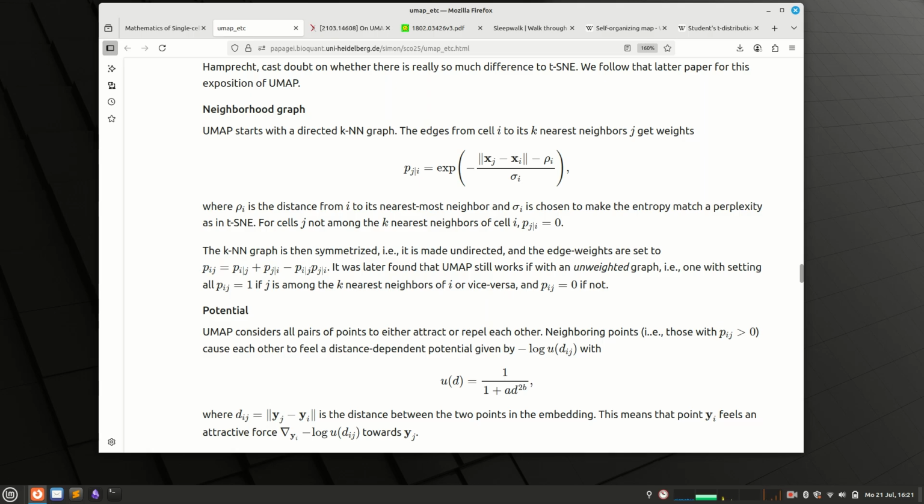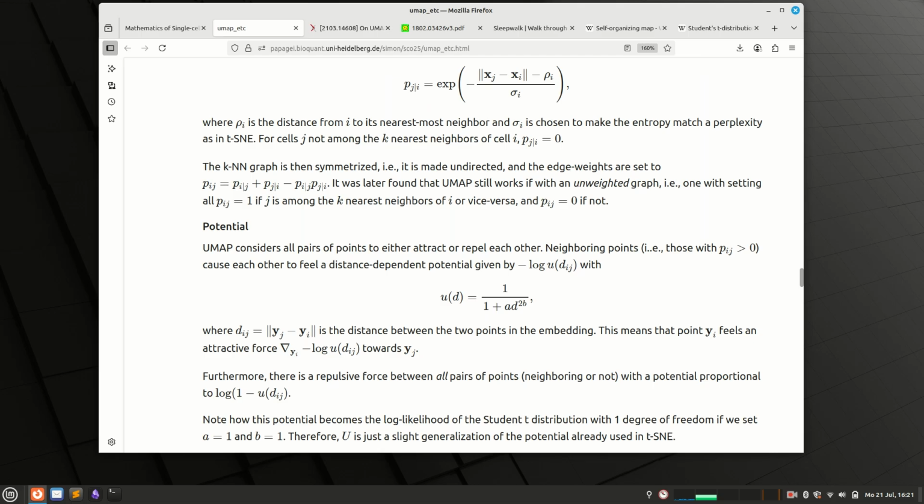And in the end, if we just take our symmetrized k nearest neighbor graph and keep everything at 1, it works as well. So this is the neighborhood relation in the high dimensional space. We just take the 20 nearest neighbors and we put some weights onto it, which all don't really matter. And this is the neighborhood relation in